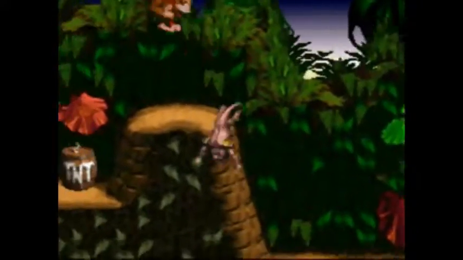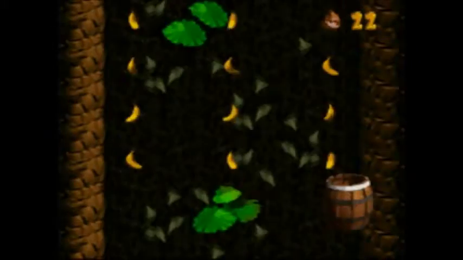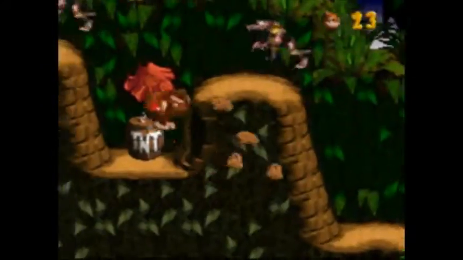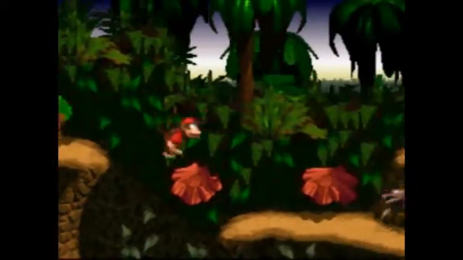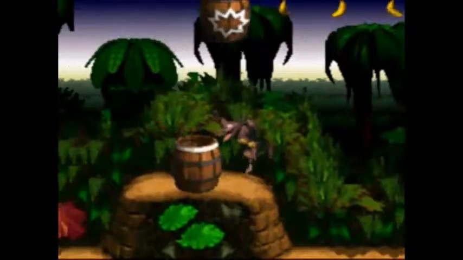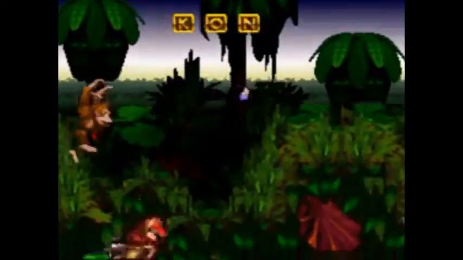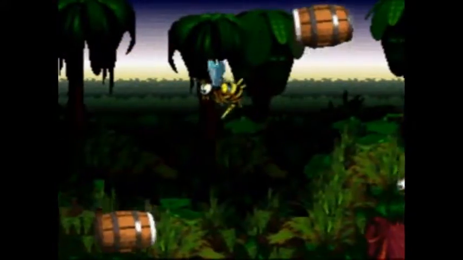TNT barrels are still safe, but they make a nasty explosion that can hit other enemies. And I miss an Enguarde token, but that's okay because the 1-up helps more. Take you out. If you have me in the stage and you get kicked out of a bonus stage because you got 3 animal tokens, you don't go right back in. You can't get back in the stage until you either die or...